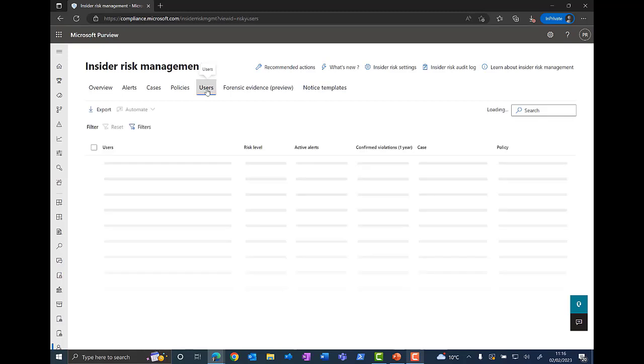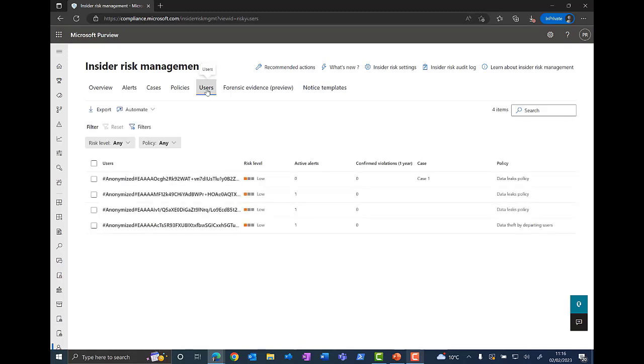I think the last thing we haven't actually looked at on here is users. So you can look at the users tab here and see the users who are affected by insider risk management. We can see the anonymized data, we can look at the active alerts for the users, the confirmed violations, if it relates to a case, and what policy it relates to. And that, folks, is about it for insider risk management,